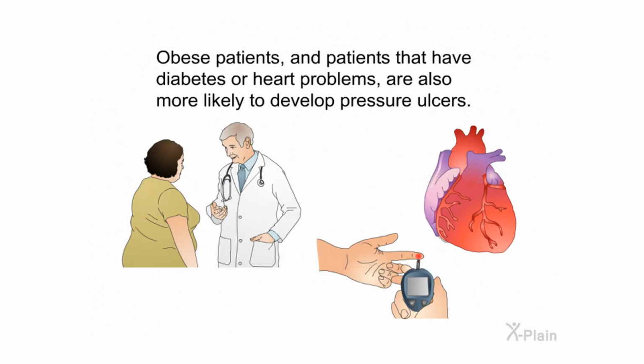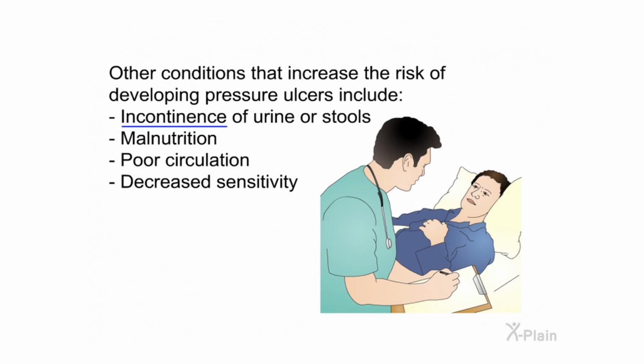Obese patients and patients that have diabetes or heart problems are also more likely to develop pressure ulcers. Other conditions that increase the risk of developing pressure ulcers include incontinence of urine or stools, malnutrition, poor circulation, decreased